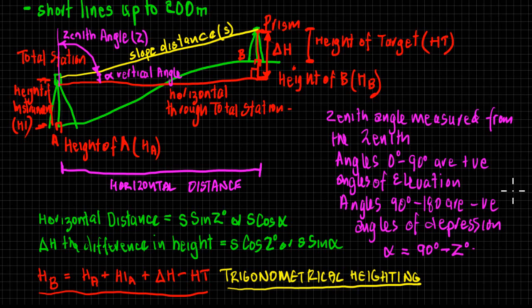So as long as we're fairly close to sea level and we're only using short lines, there's no need to worry about curvature and refraction or sea level correction, and for that matter projection corrections and those sort